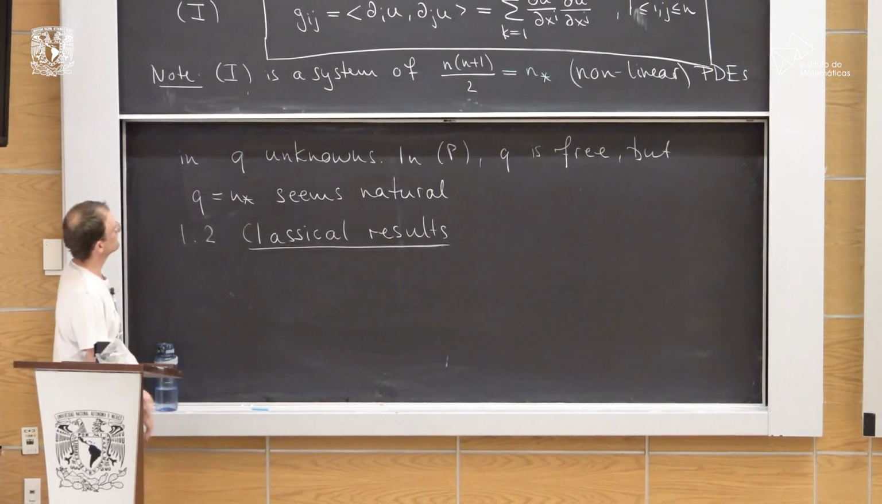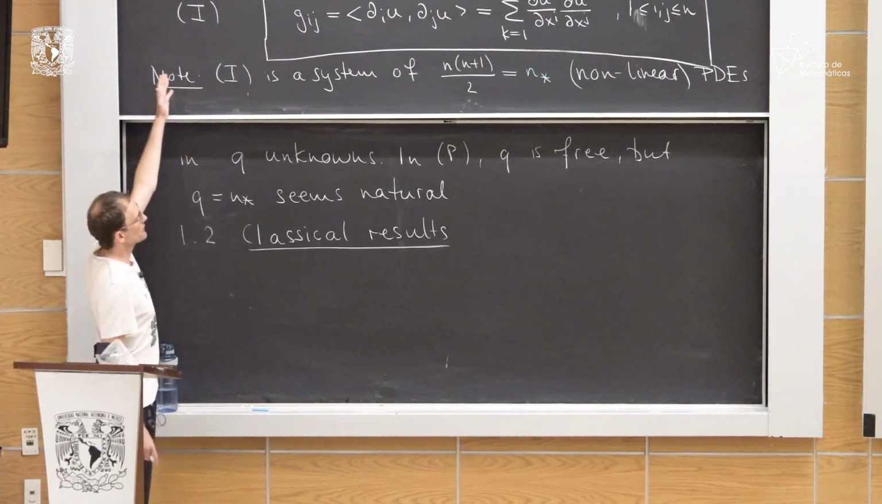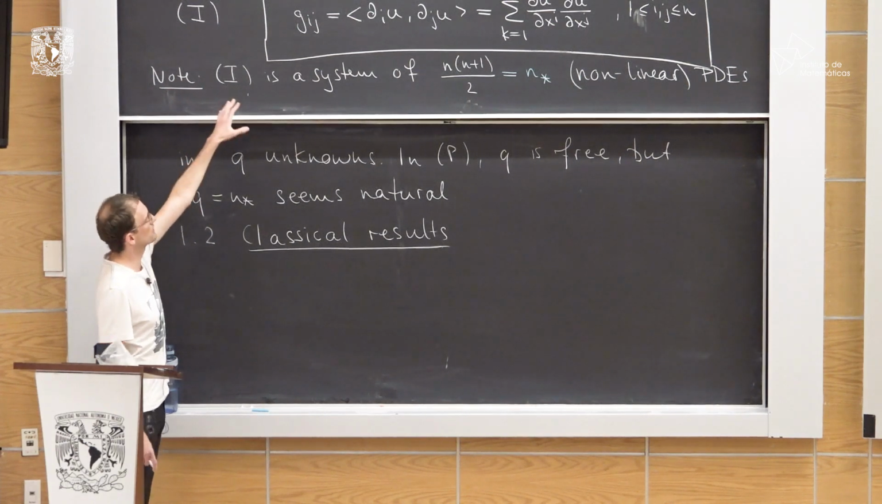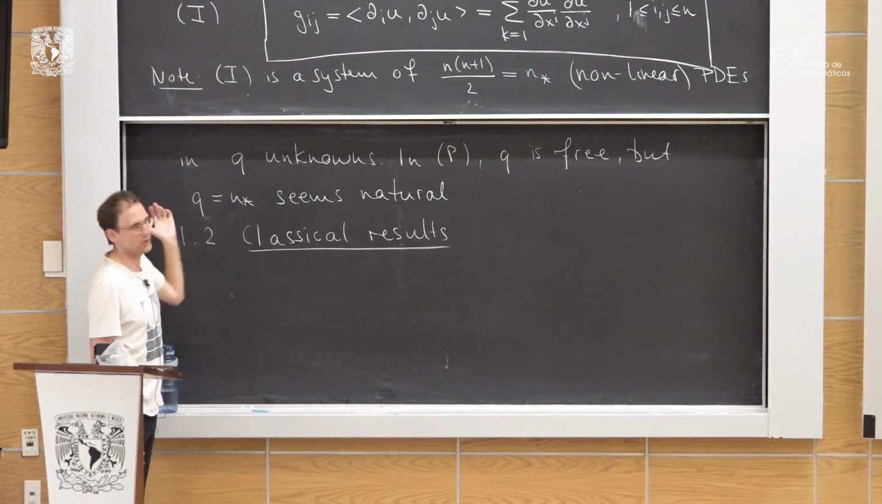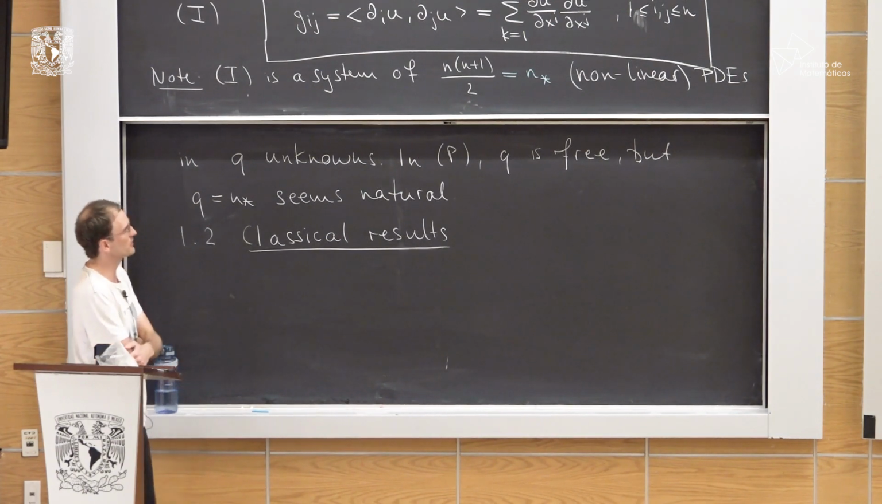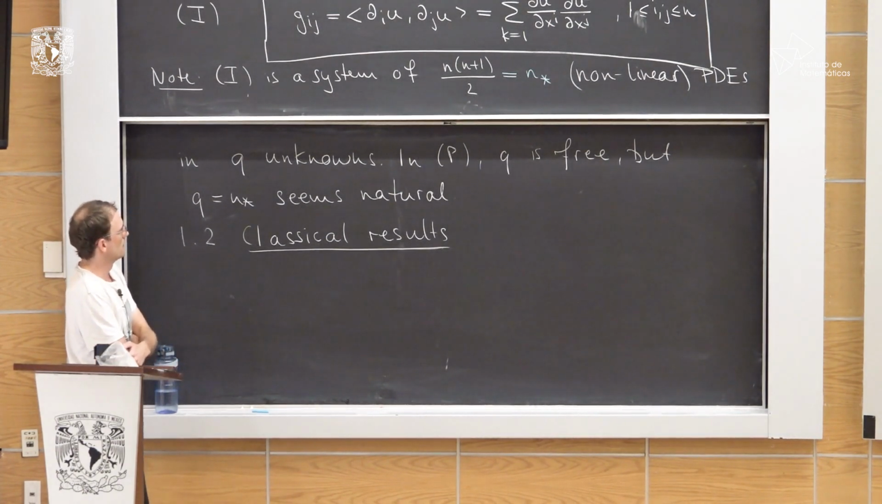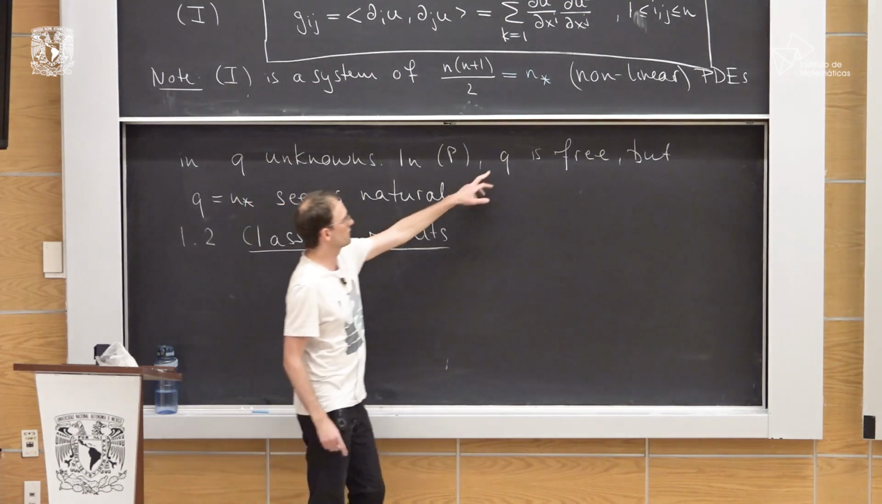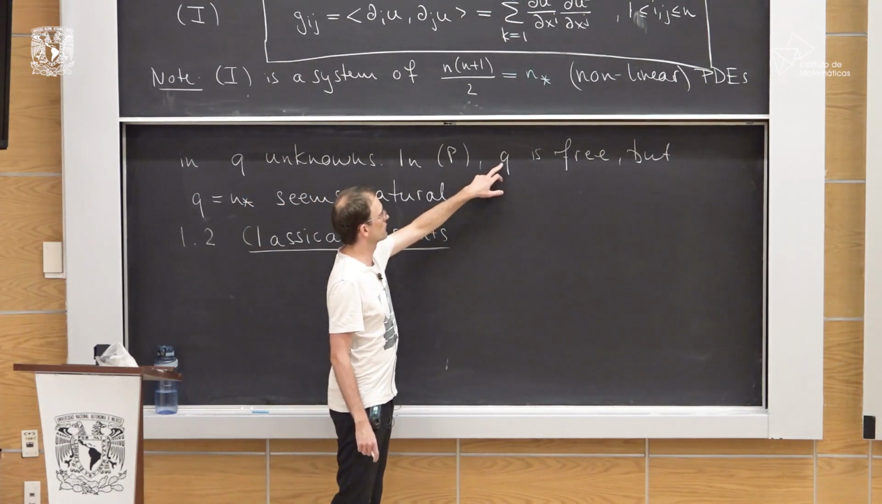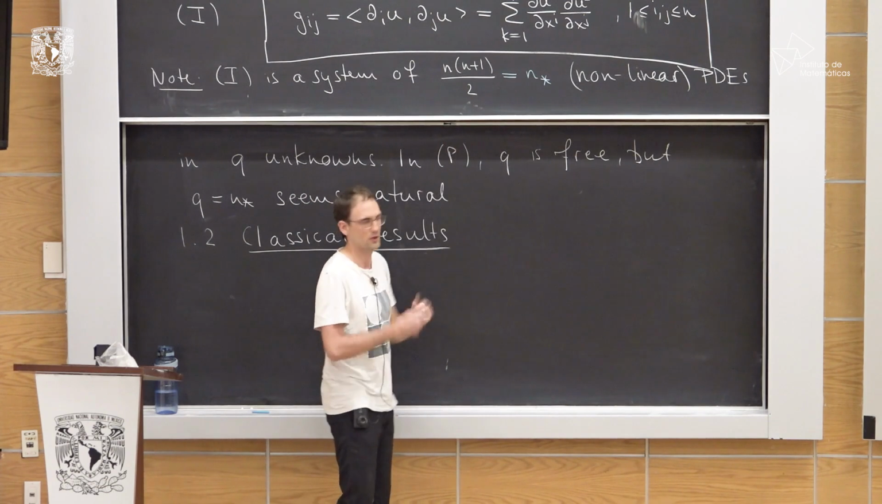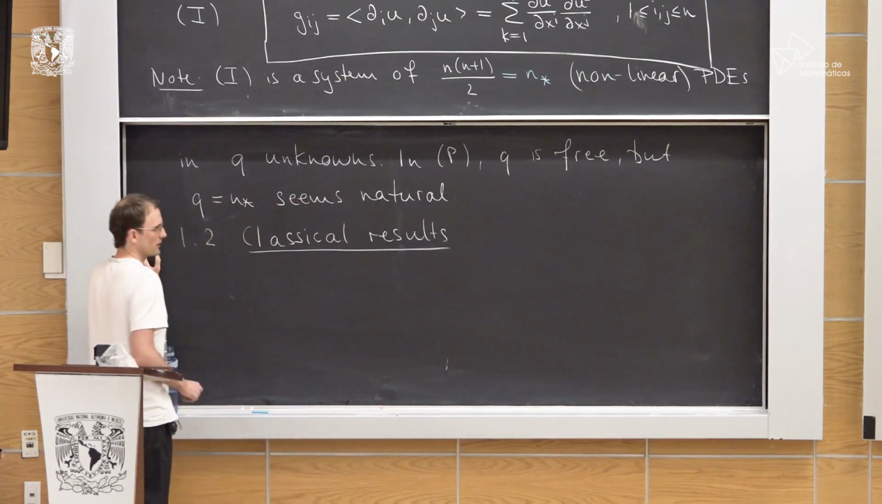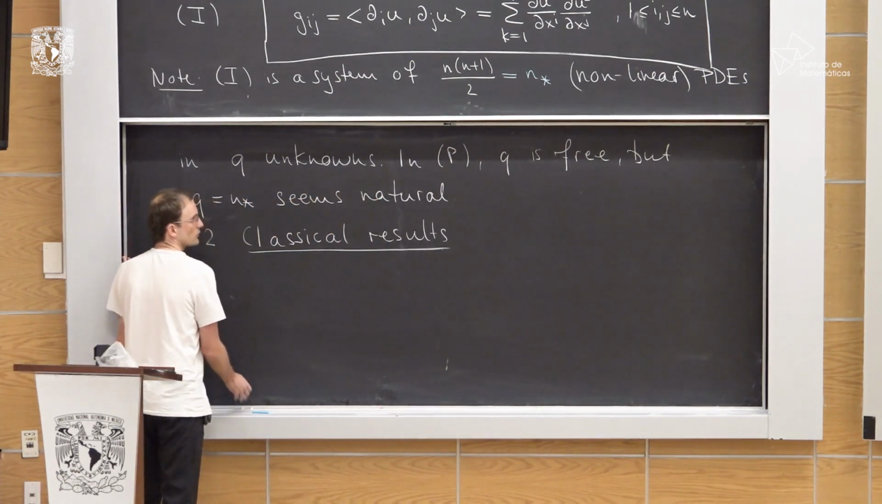So, as I said, this system doesn't look too bad. It's just g equals du^T du. It's a quadratic nonlinearity, but doesn't look too bad, first order. And the natural space in which to try to find solutions is where Q equals n star, the number of equations. So this was exactly the conjecture which was put forward